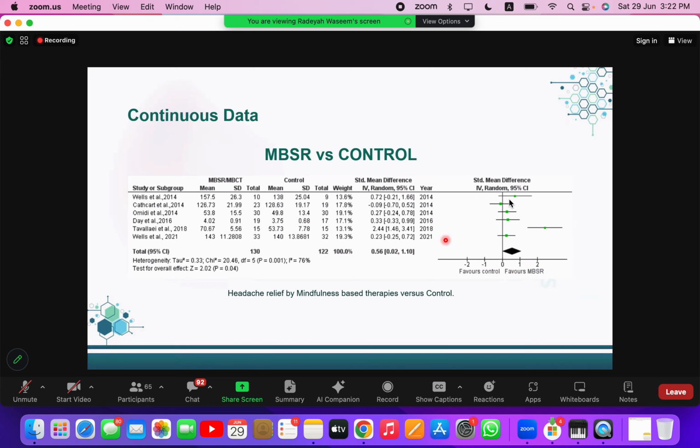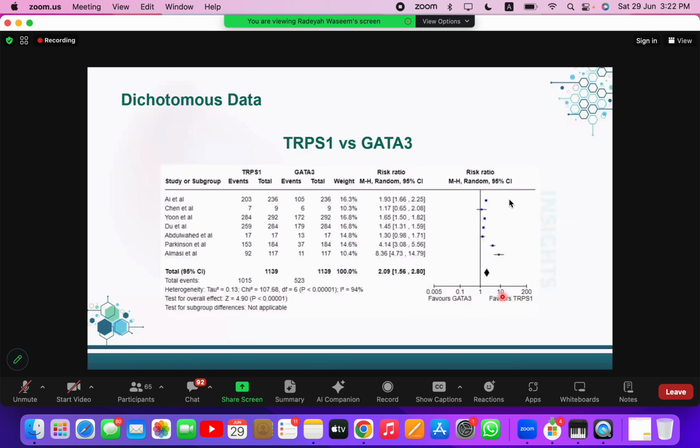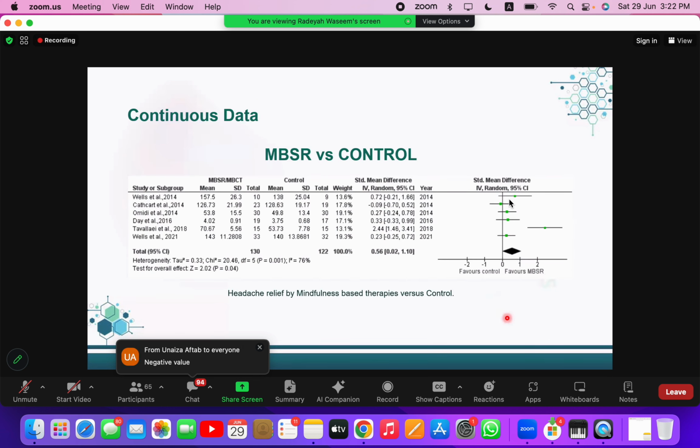Now I want you to tell me a basic difference which you might note here compared to a dichotomous data forest plot. Just the forest plot, just this part. A very basic difference. Can anyone notice that difference in the two forest plots? This is the forest plot for dichotomous data and this is the forest plot for continuous data. Exactly, Taha. In place of 1, we have 0. Excellent. Yes, you have negative values, and Taha is absolutely right. In place of 1, you have 0. So the value can be negative. Obviously, if you have 0, the values can lie in the range of negative to positive.